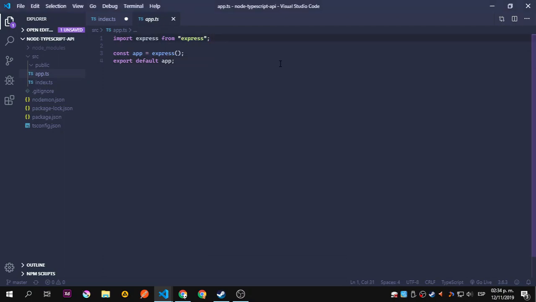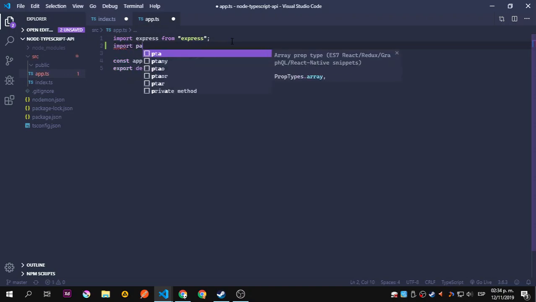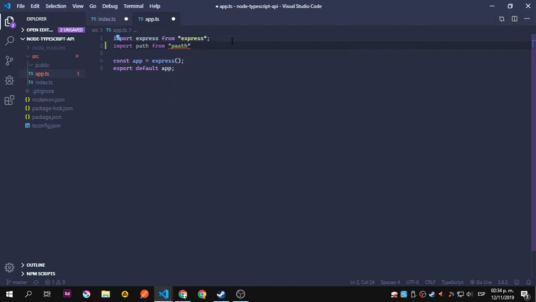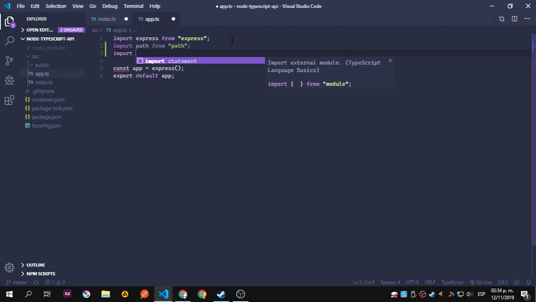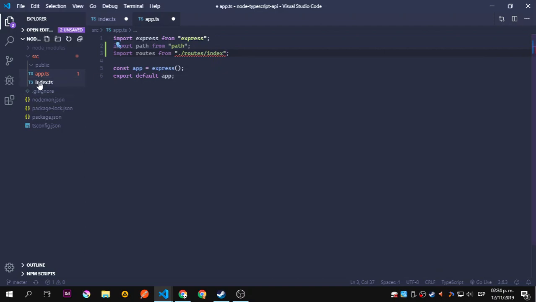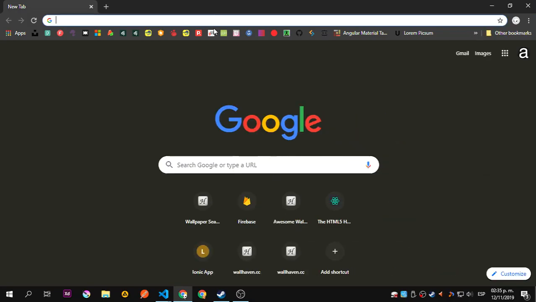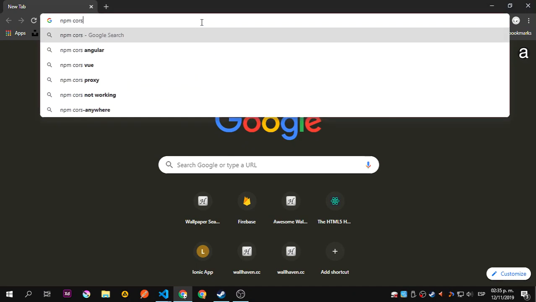Okay, so we already have Express installed. What we're going to do is to import path from path, then import our routes that we still don't have from the directory that is going to be routes and index, that we will create in a second, and we need to add cors that I think we don't have. No, okay, so let's say npm cors